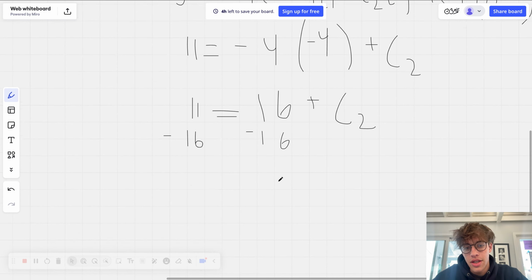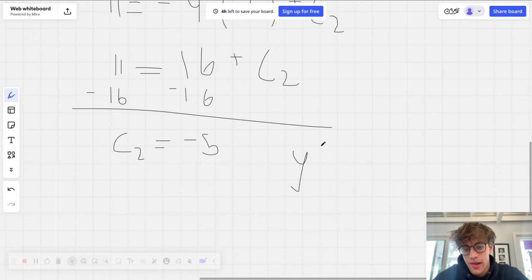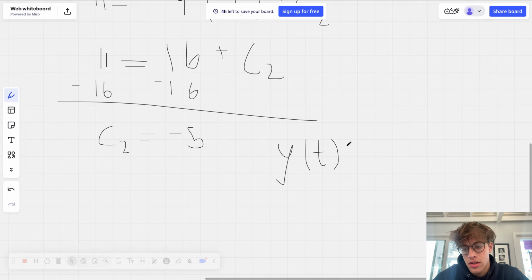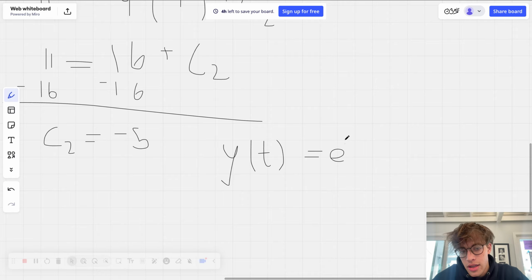And yeah, C2 is therefore -5. All right, cool. This gives us our final answer here: y equals e^(-4t)